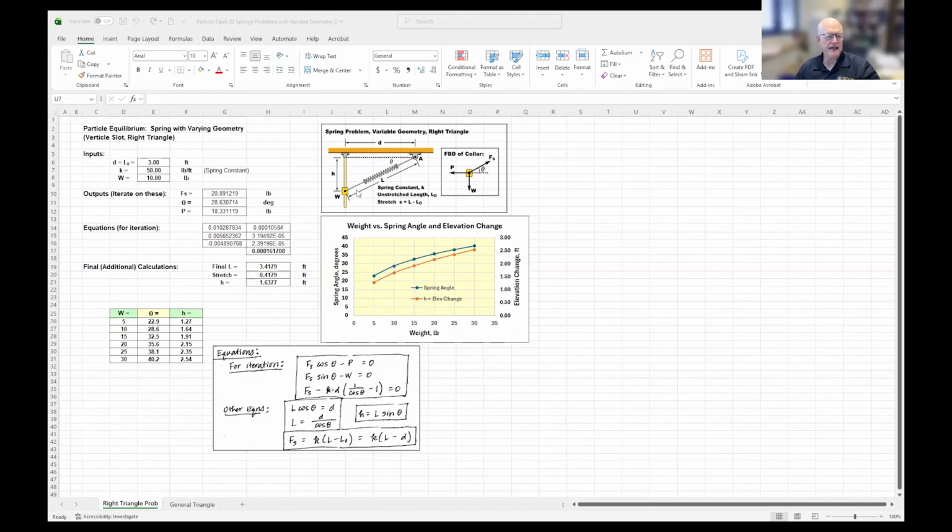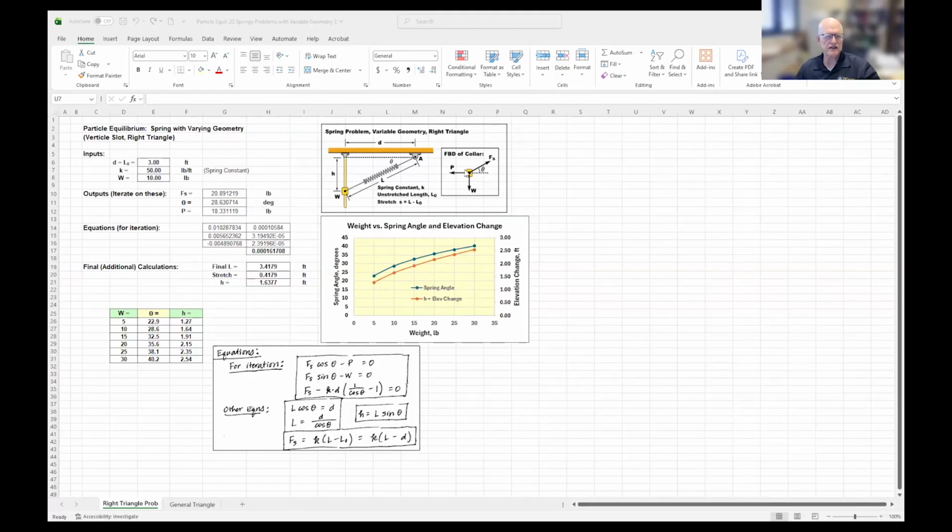But at the equilibrium position, this is the free body diagram of this collar. So there's a weight acting downward that you're applying. There's a spring force acting at an angle theta. And then there's a P, which is a normal force exerted by the smooth rod onto the collar. And we're assuming no friction between the rod and the collar. And so once you draw this free body diagram,